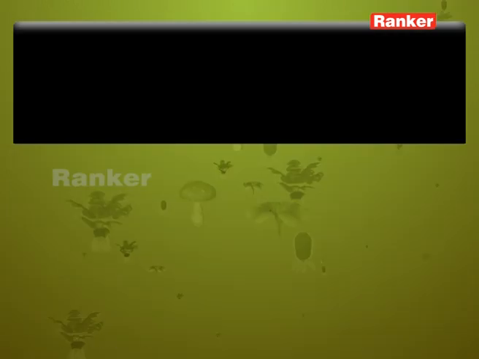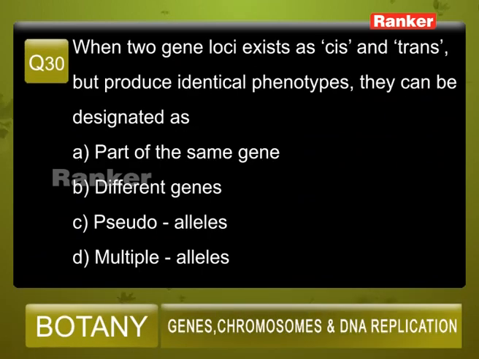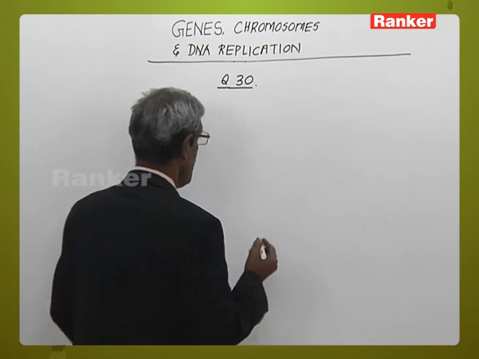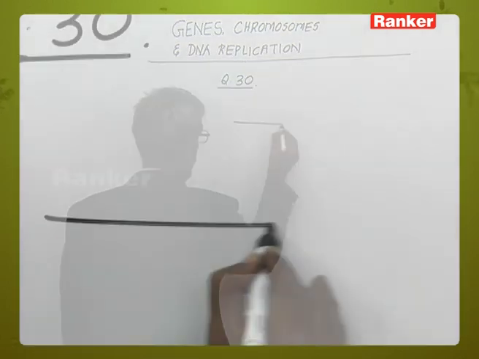Question number 30. When two gene loci exist as cis and trans but produce identical phenotypes, they can be designated as A. part of the same gene, B. different genes, C. pseudo alleles, D. multiple alleles. When we have two gene loci,